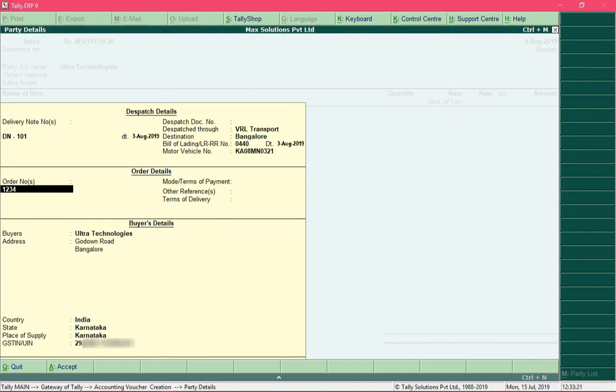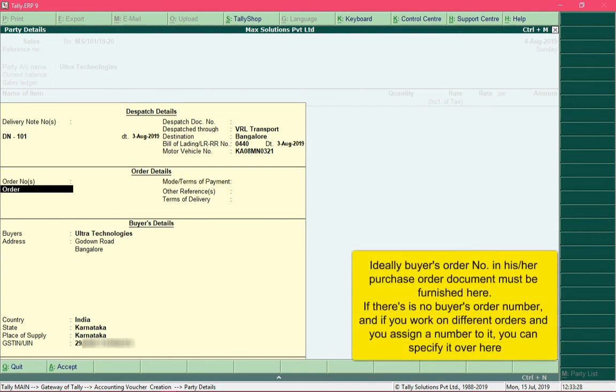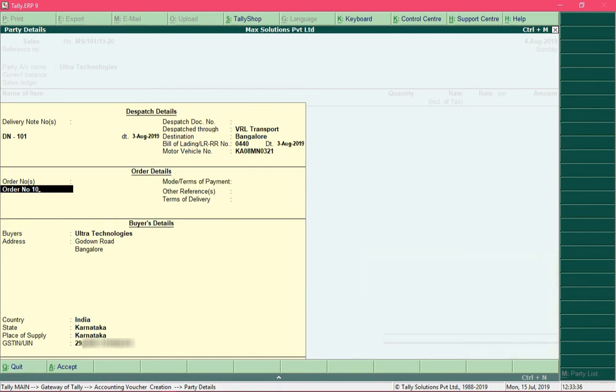And if you have generated your own order number, then you can specify it over here, which you can remember. So if you are sending these goods against the order number 10, you can specify it over here. So you can either enter the purchase order which was sent by the buyer, or you can specify your own sales order number over here.